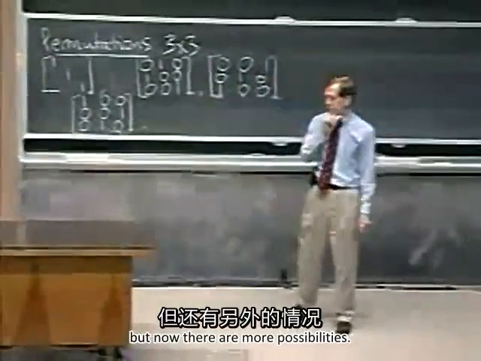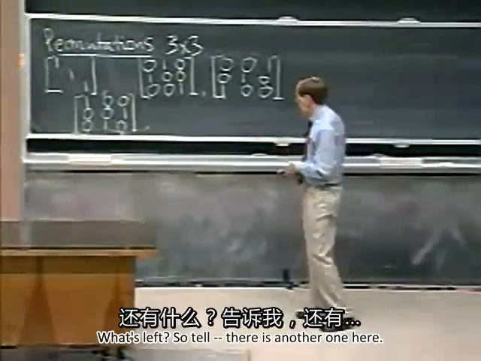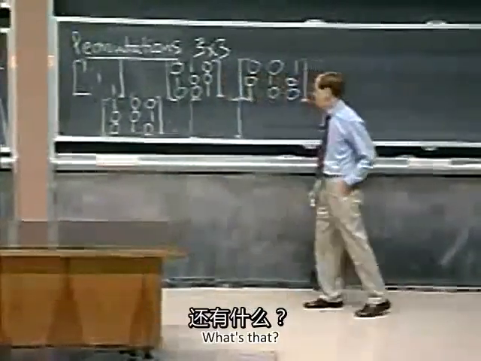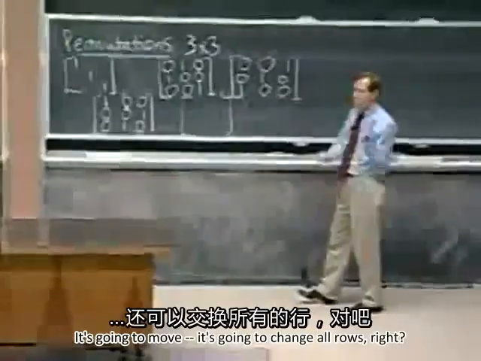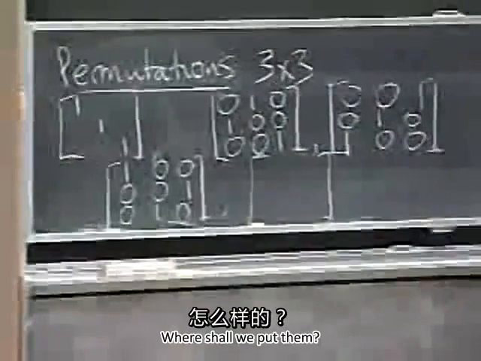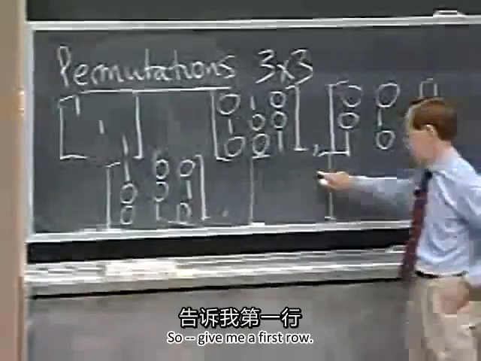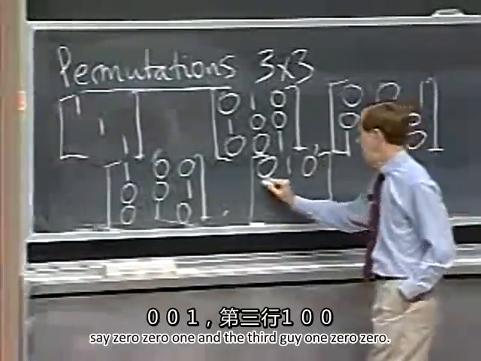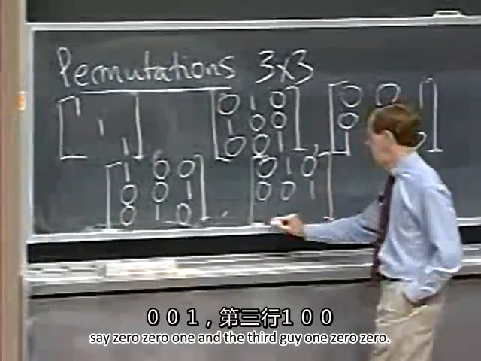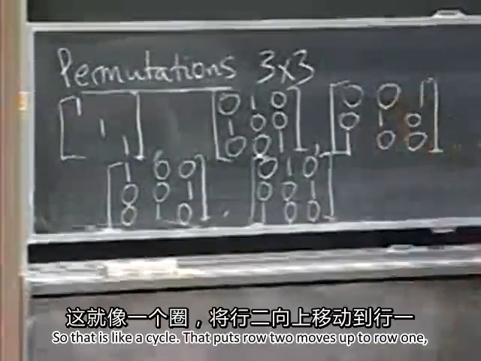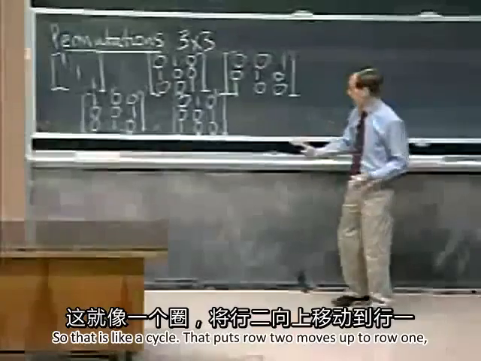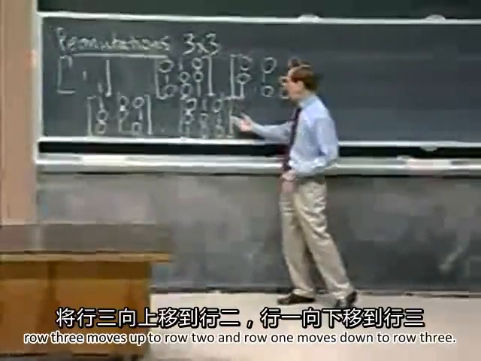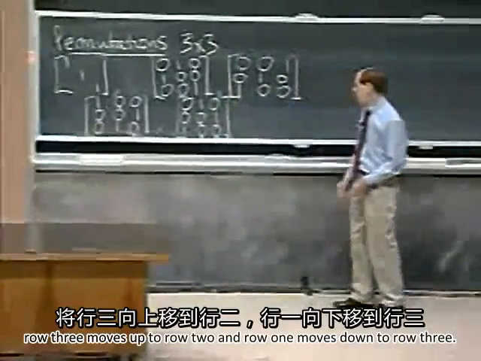But now there are more possibilities. What's left? So there is another one here. What's that? It's going to change all rows, right? Where shall we put them? So give me a first row. 0, 1, 0. Okay, now a second row, say 0, 0, 1, and the third guy 1, 0, 0. So that is like a cycle. That puts row 2 moves up to row 1, row 3 moves up to row 2, and row 1 moves down to row 3. And there's one more,